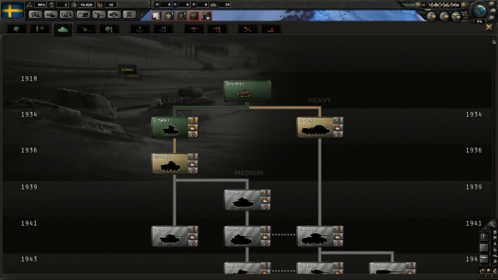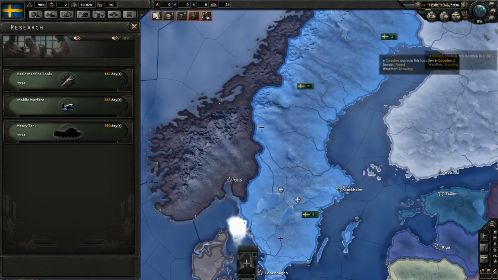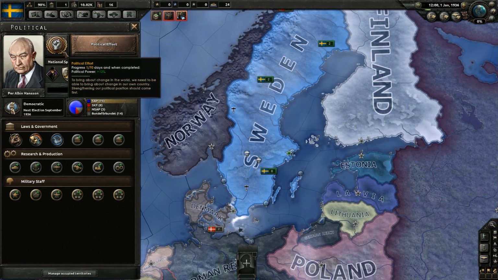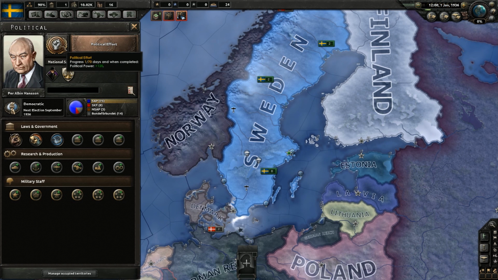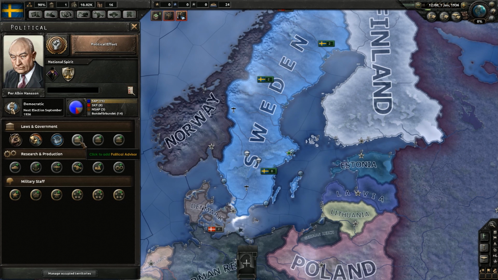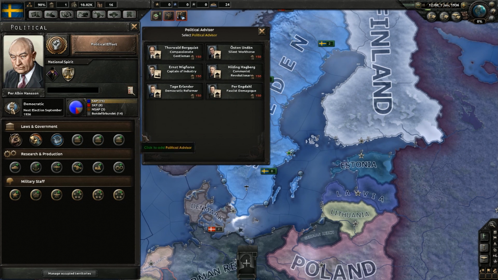This is already 2 years ahead. Okay, let's go down the heavy tank line. Wonderful. Now, you're probably wondering why are you going down the political effort if you're not going to go down it immediately anyway? It's because this first one gives me 120 political power, and 120 political power is going to enable me to recruit this one guy